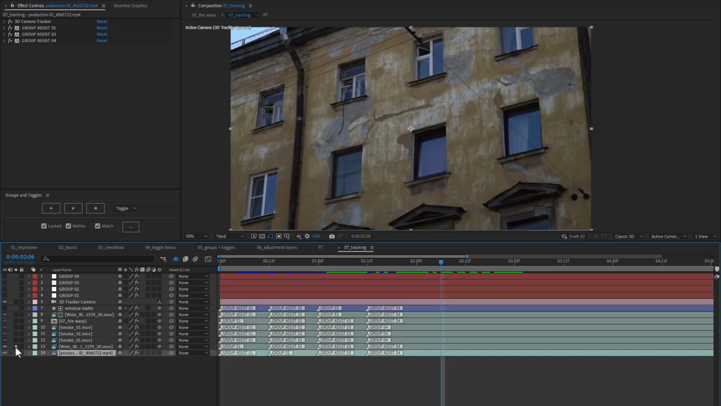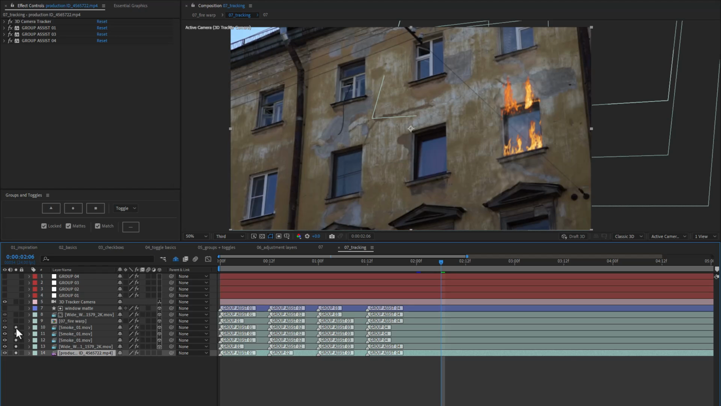went ahead and added some different elements. So we have some window fire, we have smoke, we have more smoke, some fire, and then some fire in the window. And these are all 3D layers, and so if we try and utilize SuperComp with this, it's not going to work. So I took the different elements and I assigned them to different groups based off what type of element